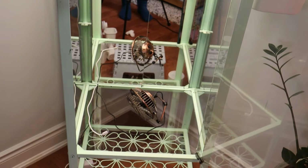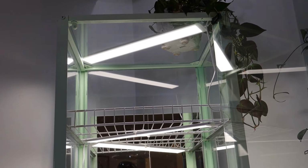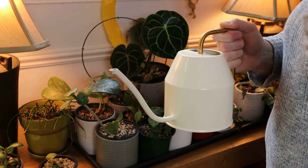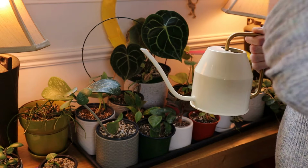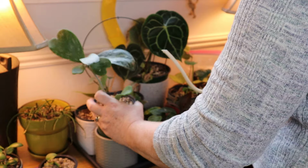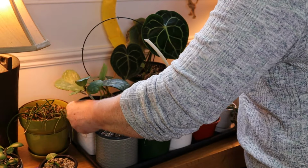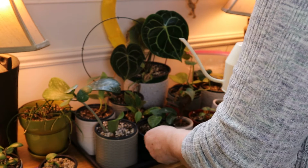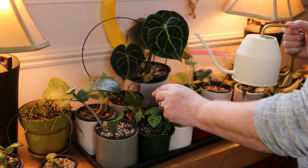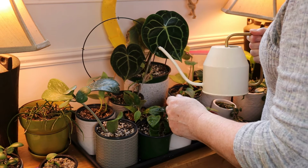Okay guys, now the cabinet is nice and clean. So now I'm going to water the plants that were in there. Okay guys, so this is my water with the mosquito dunks and the little fertilizer pellet in it. So now I'm just going to, that's actually not too dry, so I'm just going to give it a little bit, really just because I want the mosquito dunks to do their business. This is very dry. I need to get an outer pot actually for this. It's not bad, but just to give it a little...